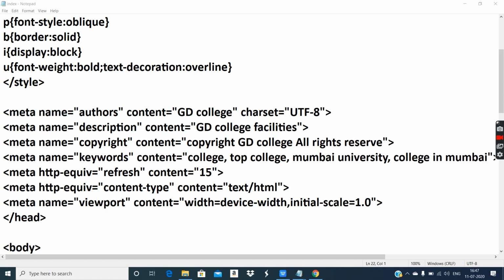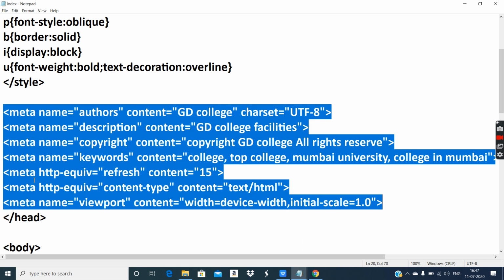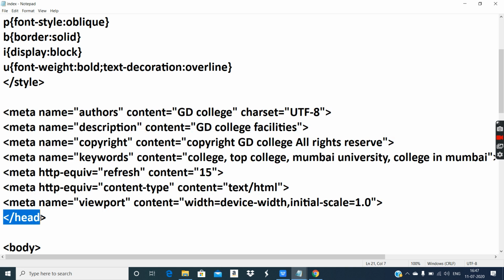Today we are going to finish the remaining part of SOP 1 in which we were left with inclusion of meta tag. Okay, so first of all, let us understand. So meta tag is a singular tag first of all, and it's included inside the header section of the web page. Okay, so you can see I have included meta tag inside the header section, and after meta tags, head tag is getting closed. Okay, so this is our question.